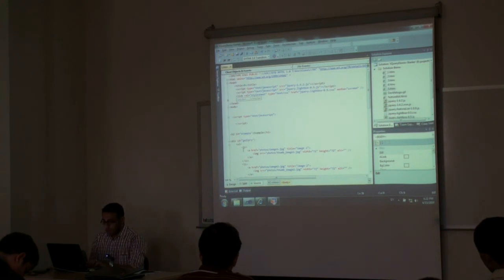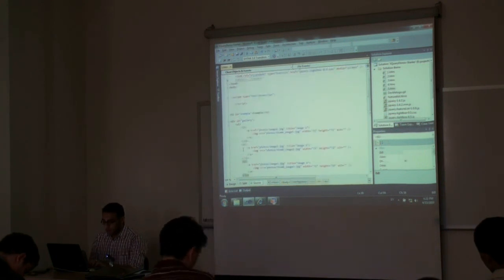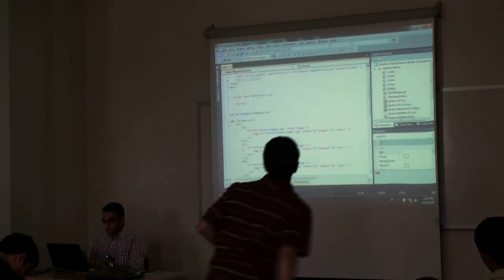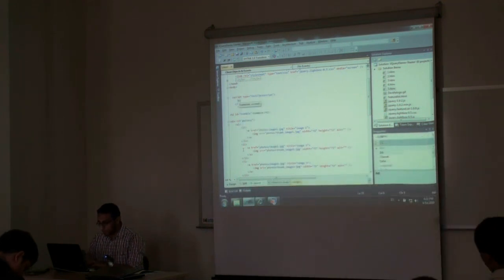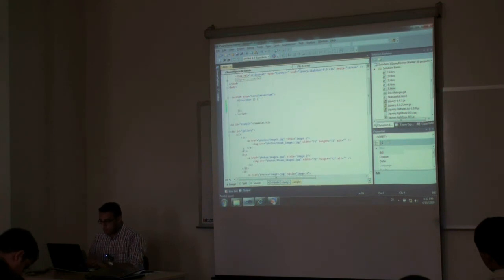So as you can see, this is our list of images, and what I will do is, let's use the shorthand for this one. To apply the plugin on the list,